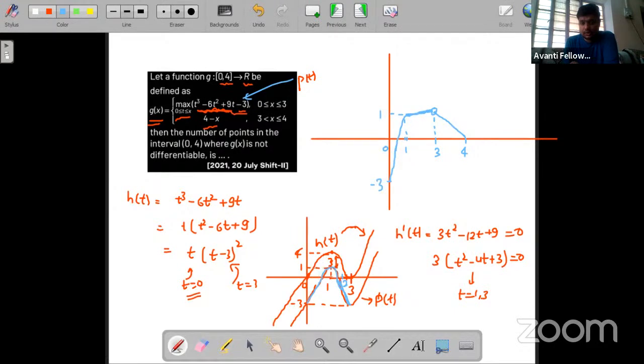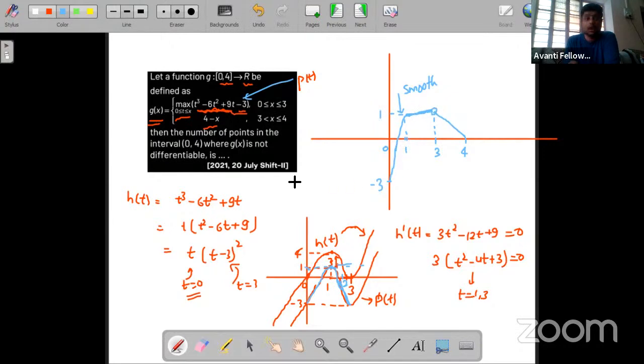Now you will see what is happening while moving along this graph: the tangent is tending to 0. See, the tangent is parallel to the x-axis, meaning the tangent is 0 at this point. So the graph is actually a smooth curve, because this is also a horizontal line, and at this point, tending to 1, the tangent will also be parallel to the x-axis. That means its slope is 0. So it is horizontal, right?